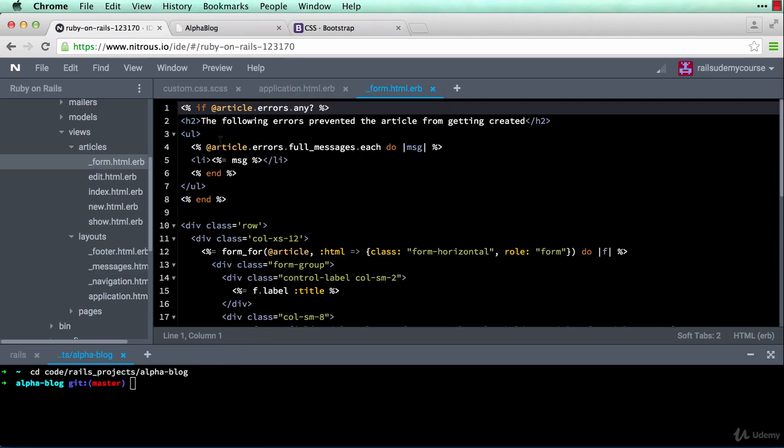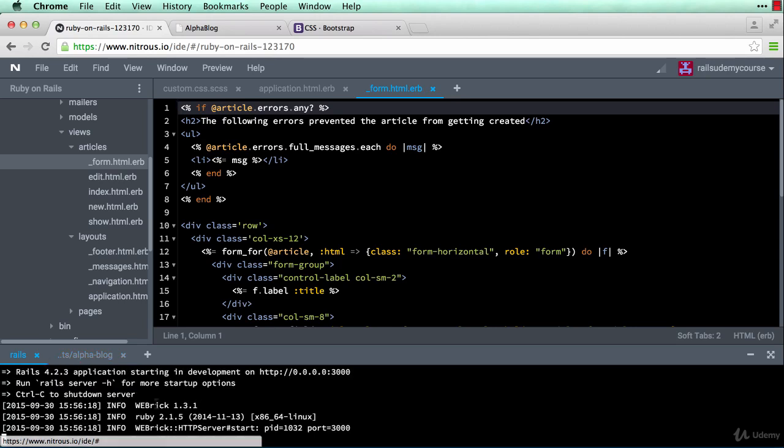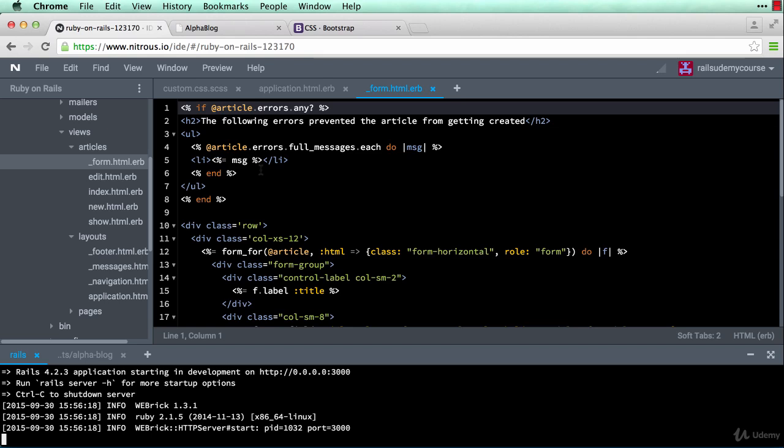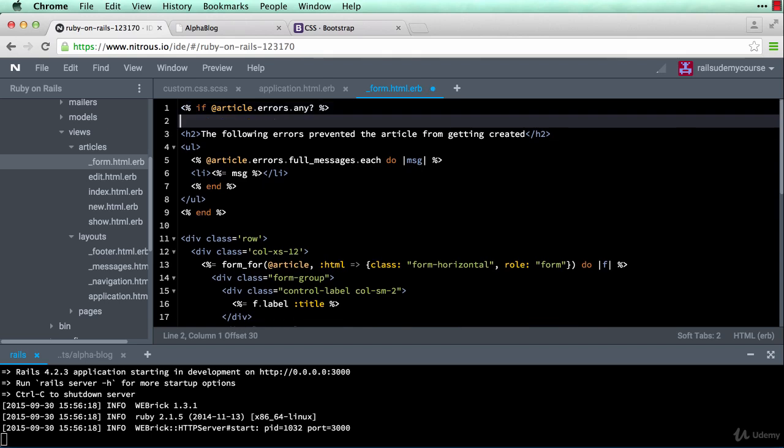This is currently what's styling our errors. So I'll pull up my Rails application, my server's running, and here it is. This is what the validation errors look like. So let's go ahead and style this. First thing we're going to do, over here, if article.errors.any, we're going to give it a div class equals row,